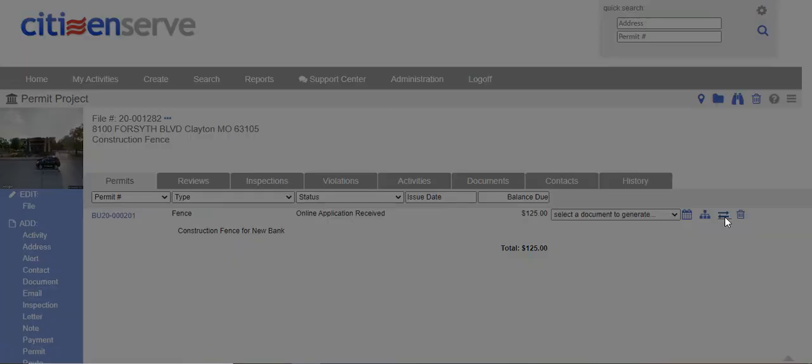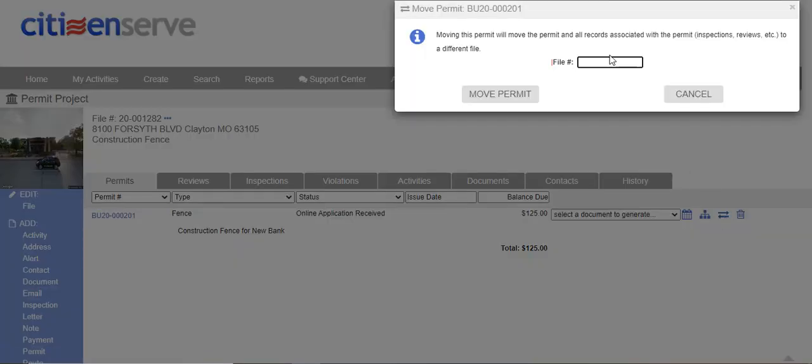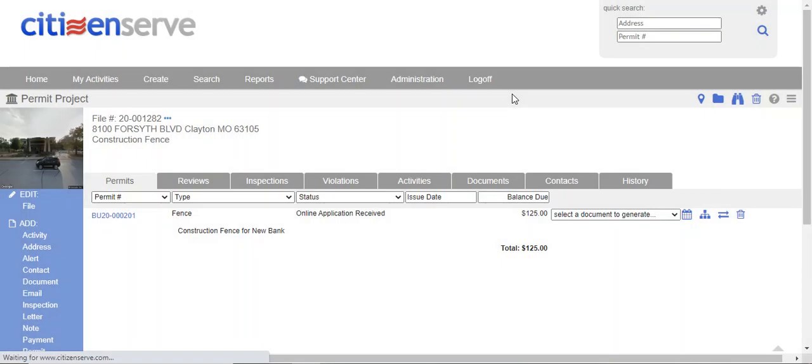So we're going to move this permit into that existing file, which is 19-002281. So we're going to click Move Permit,